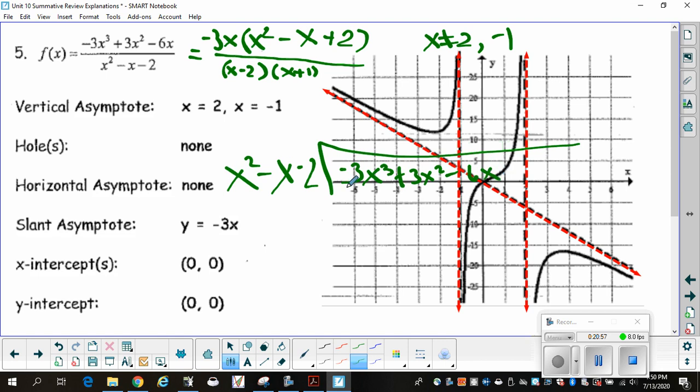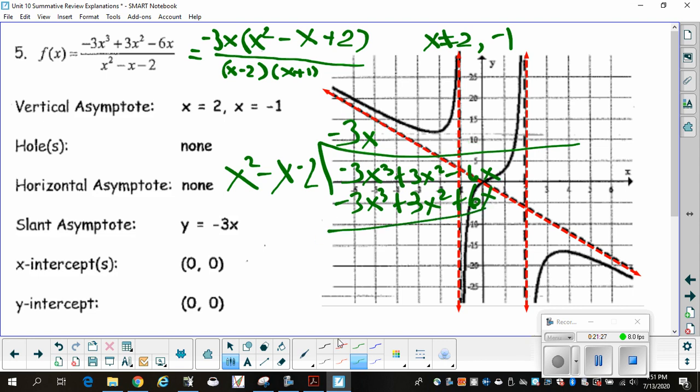X squared would go into -3x cubed -3x times. I multiply this out and I get -3x times x squared is minus 3x cubed. -3x times -x is plus 3x squared. -3 times -2 is plus